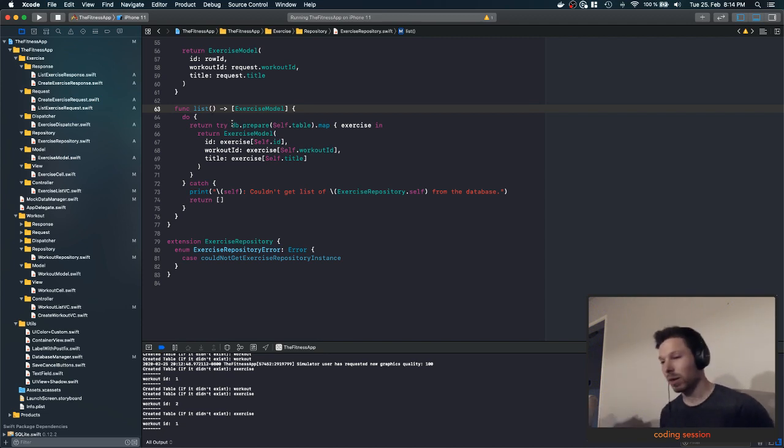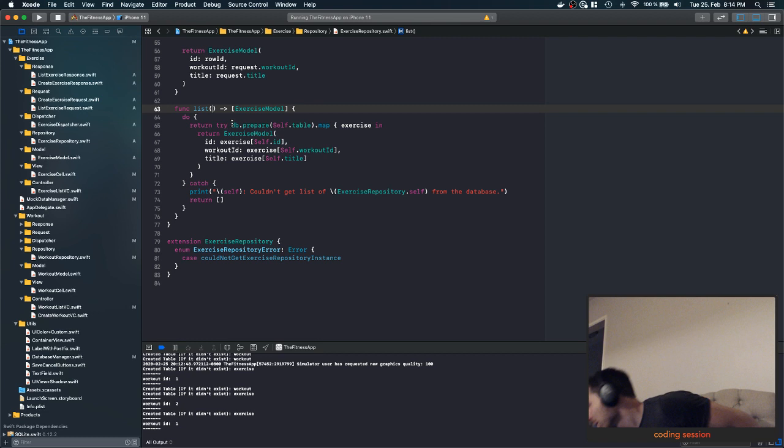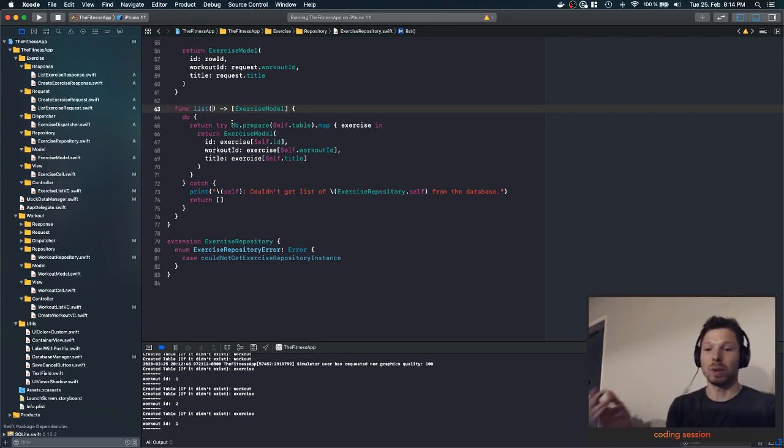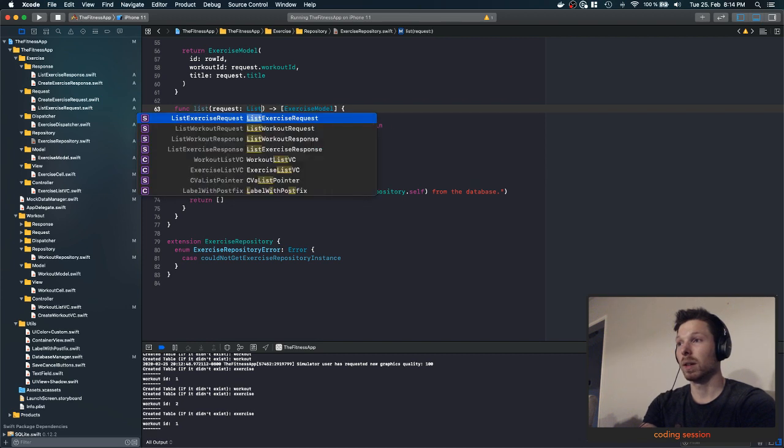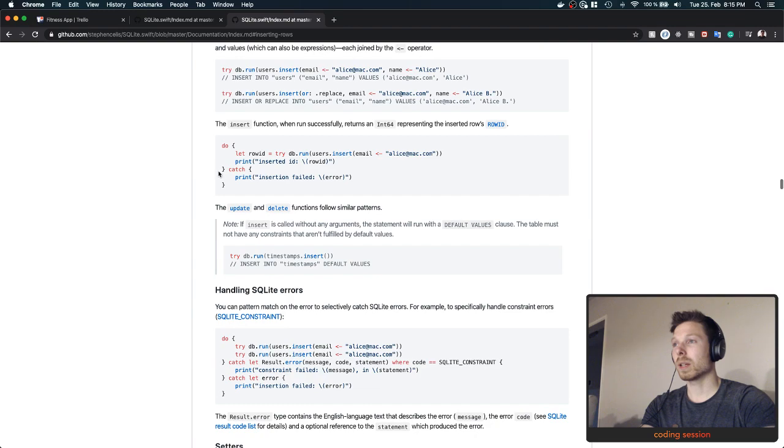I don't need them anymore, they're just cluttering my console. Because at some point I also want to read the crash messages or whatever if it occurs. So request is going to be list exercise request, and now let's check how we can